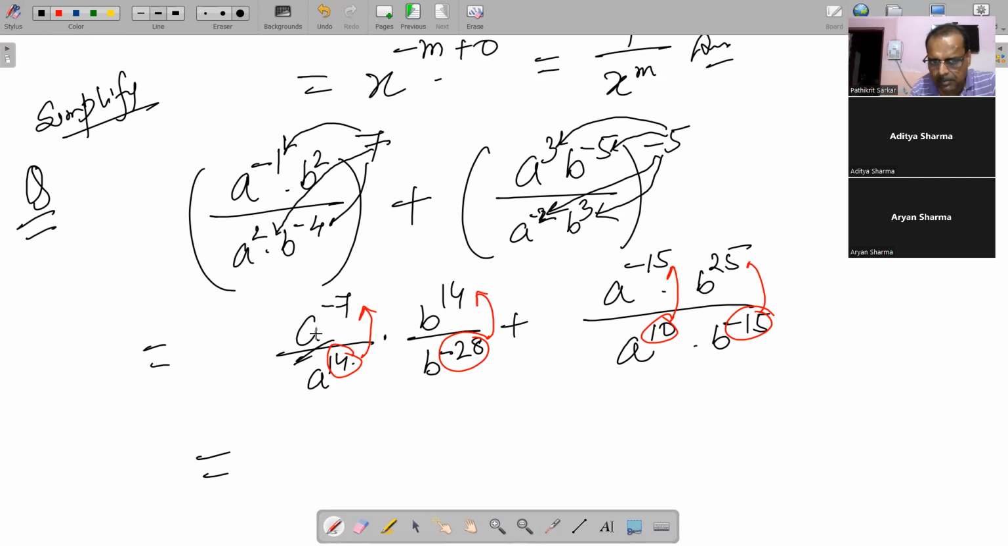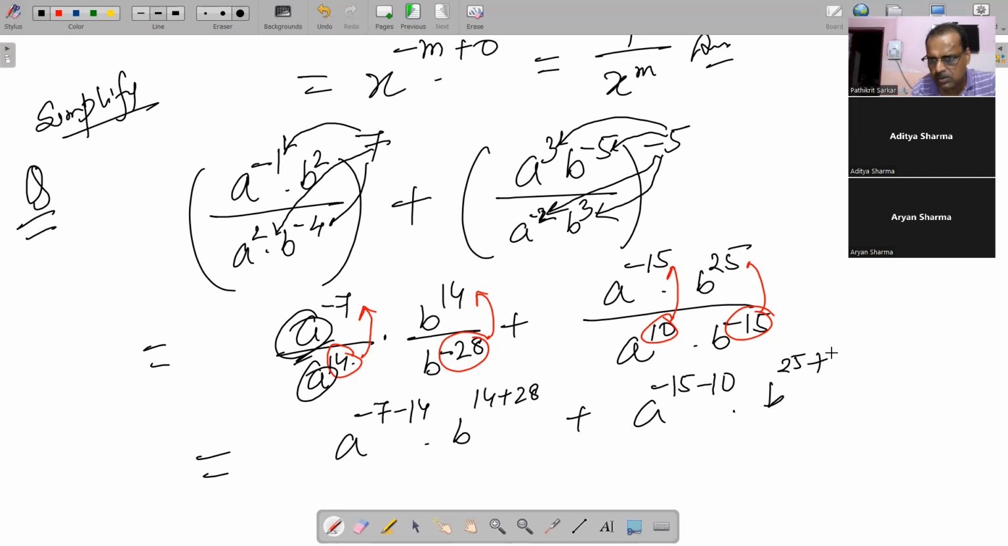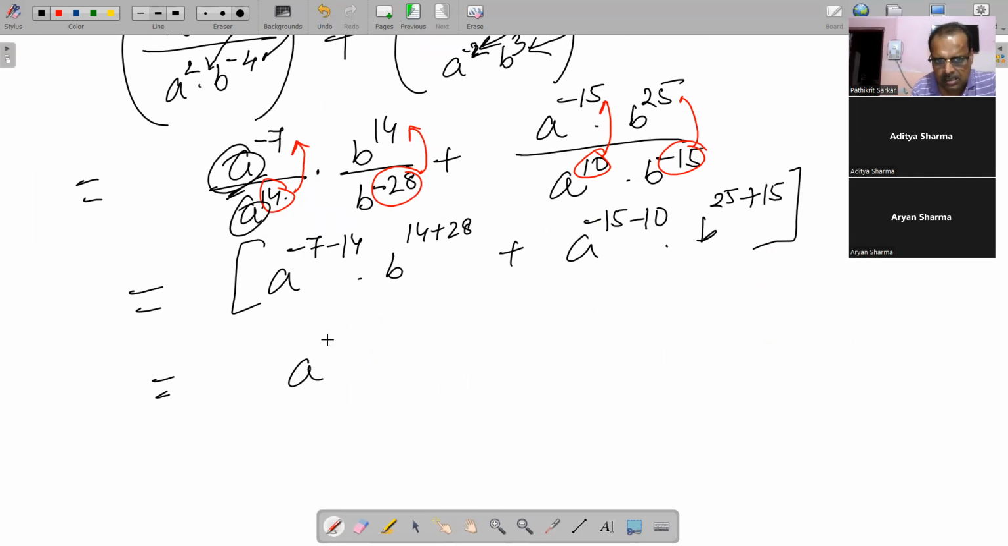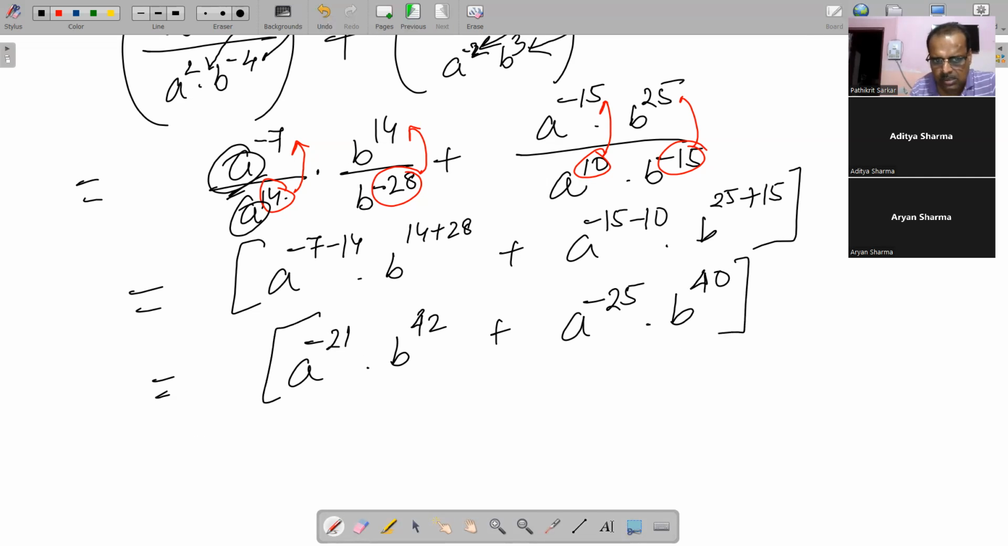ये तो माइनस हो जाएगा क्योंकि आपका बेस जो है वो तो दोनों जगह में ये है, तो दैट मीन्स -7 -14 इनटू सर ये प्लस हो जाएगा, दैट मीन्स B to the power 14 + 28। इस जगह में सर ये माइनस हो जाएगा, दैट मीन्स -15 -10 और B to the power 25 है वो प्लस हो जाएगा, दैट मीन्स 15। सो दिस इज द वे यू हैव टू आइडेंटिफाई दिस थिंग्स। सर इसमें से अगर करोगे तो -21 एंड ये आ जाएगा बेसिकली ये ऐड करने से 38 + 4 सो 42। यहाँ पर ये आ जाएगा A to the power -25, यहाँ पर आ जाएगा 40।